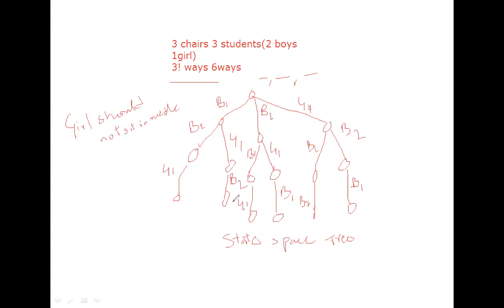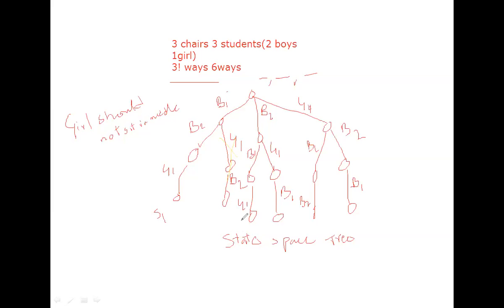So these are the 6 possible. We have to follow one of the paths and get one of the solutions by considering the constraint, that is the girl should not sit in between the two boys. Okay, see here boy 1, boy 2, then girl. This is the solution 1. So here this is not the solution because the constraint is not satisfied, the girl sits in between the two boys. So this is killed using the bounding function.